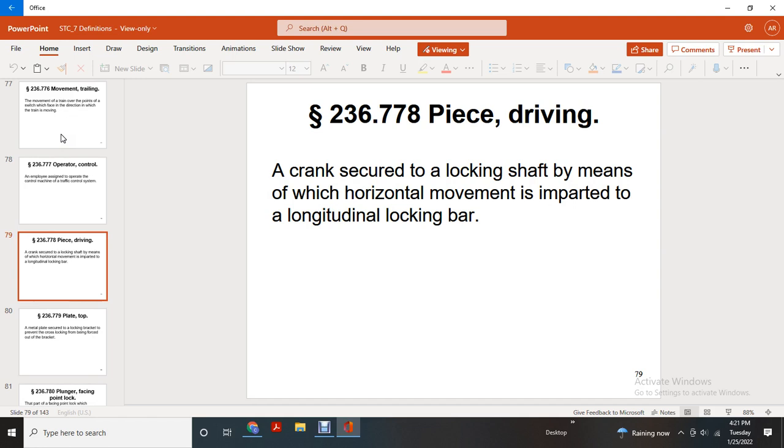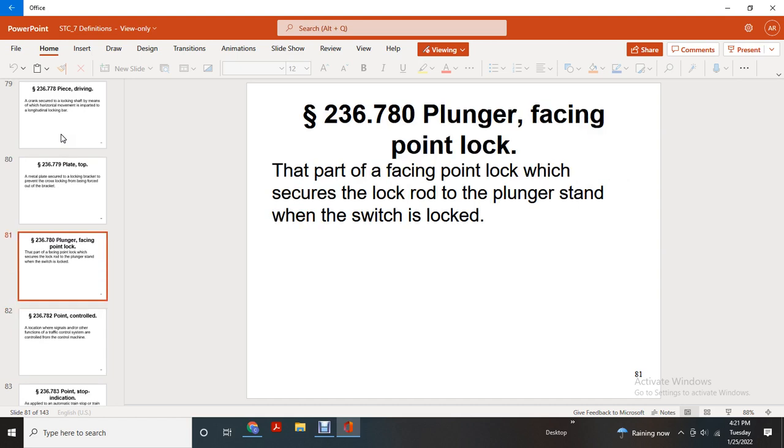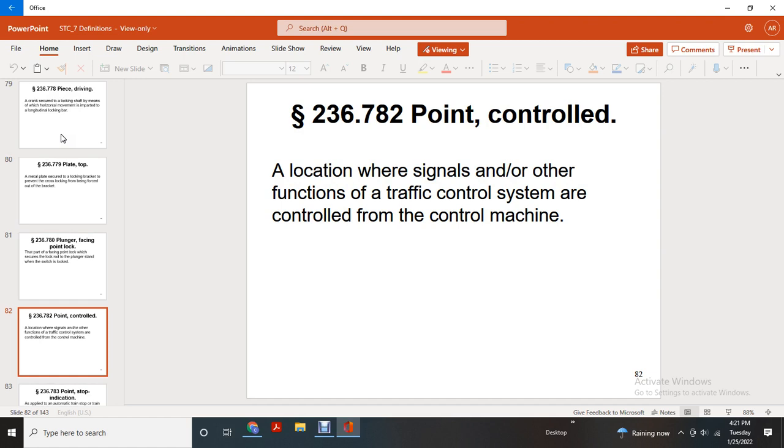the end part with the longitudinal locking bar, plate top, middle plate secure with the locking bracket, to prevent the cross locking from being forced out of the bracket, plunger and facing point of lock. This is the part of the facing point of the lock which secures the lock rod with the plunger stand. The switch is locked. Point control of the location where the signal and other function of the traffic control system